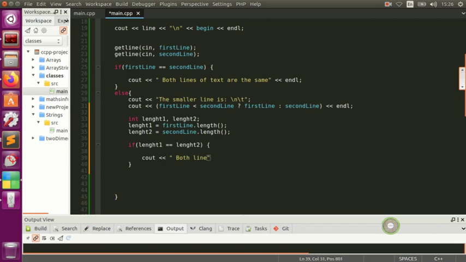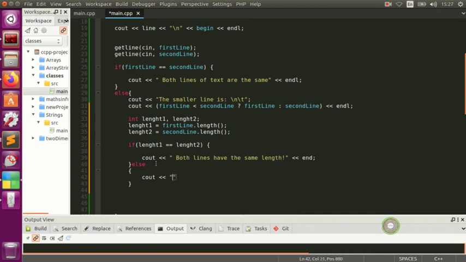So we put a line that has the same length. Alright, so we go here and we put an endl. So what happens if they're not the same? We come here with our good friend else, and with the help of the else, what happens if they're not the same, then we say cout,